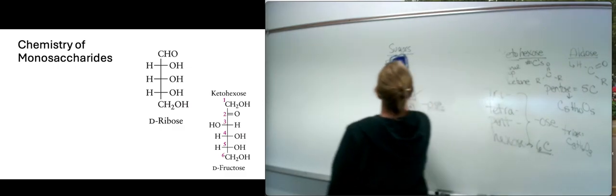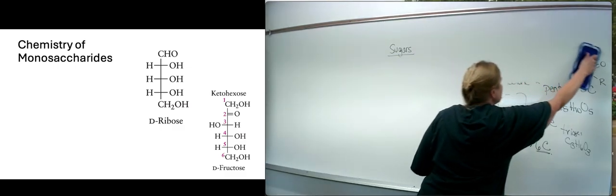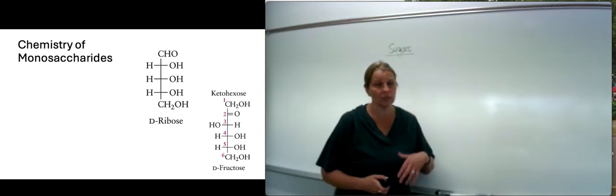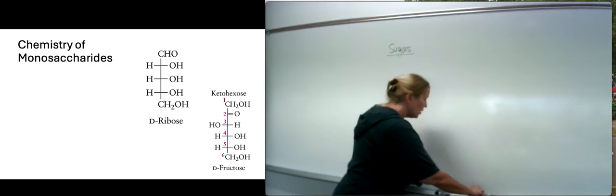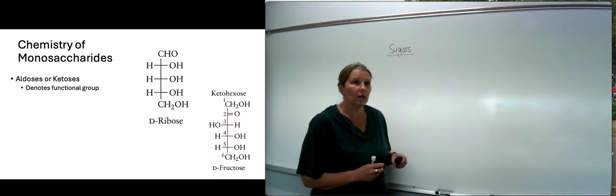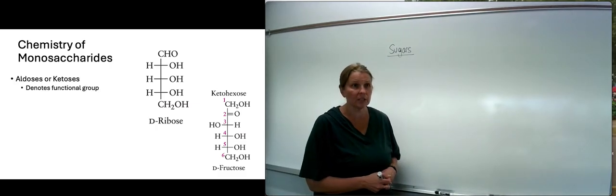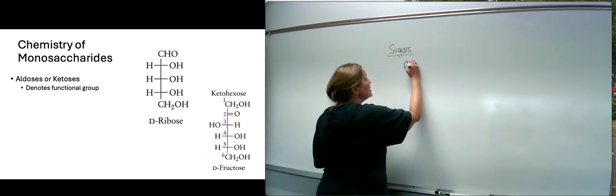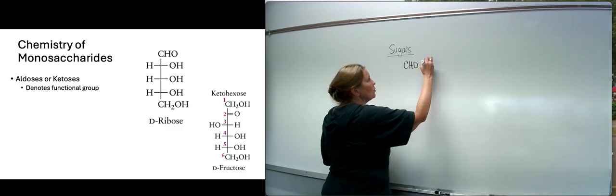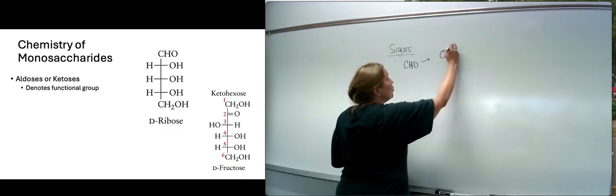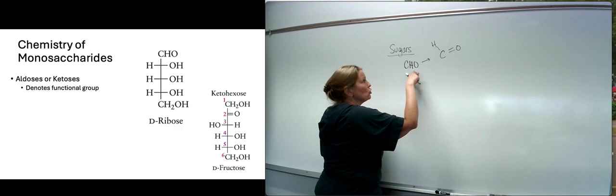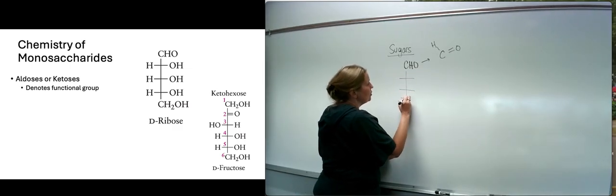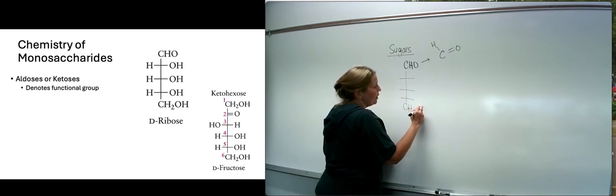All right, so let's take a look at how we actually draw sugars in biochemistry. To make things a little bit easier, rather than drawing the skeletal structures that you may be familiar with from organic chemistry, we use in biochemistry what we call Fischer projections. So again, when you have these monosaccharides, as you can see here with ribose, we have CHO. This is a shorthand way of saying we have a carbon with 1 oxygen and 1 hydrogen. This is a shorthand way of saying this is an aldose. So if you take a look, you can draw straight down 1, 2, 3, and we can draw CH2OH,